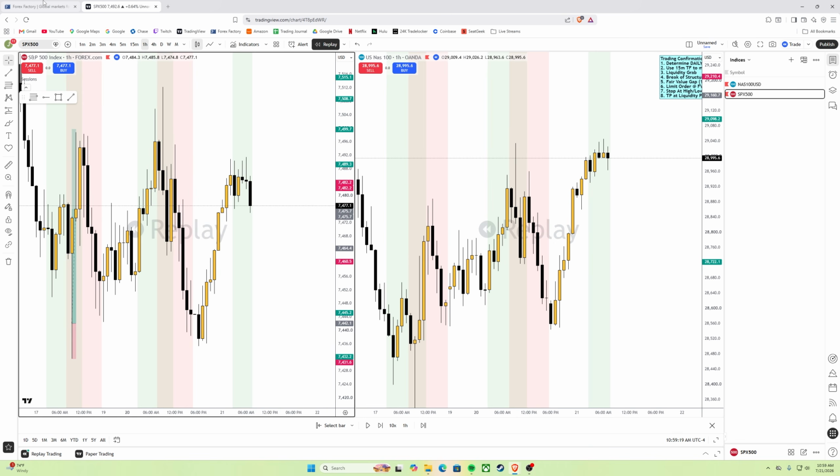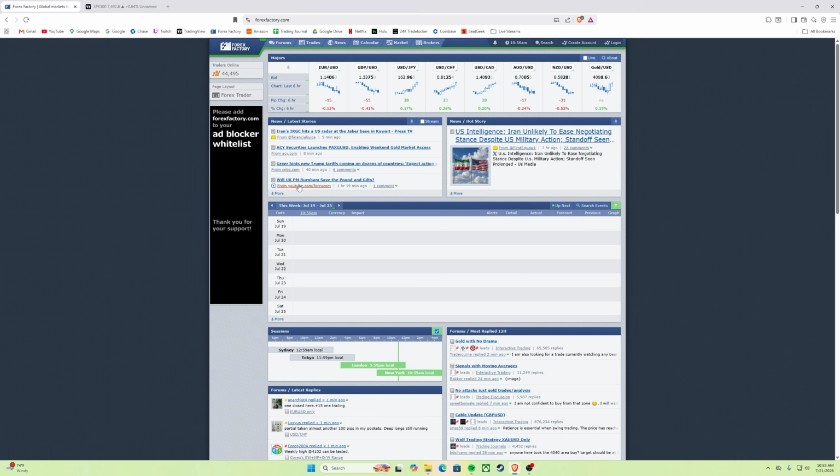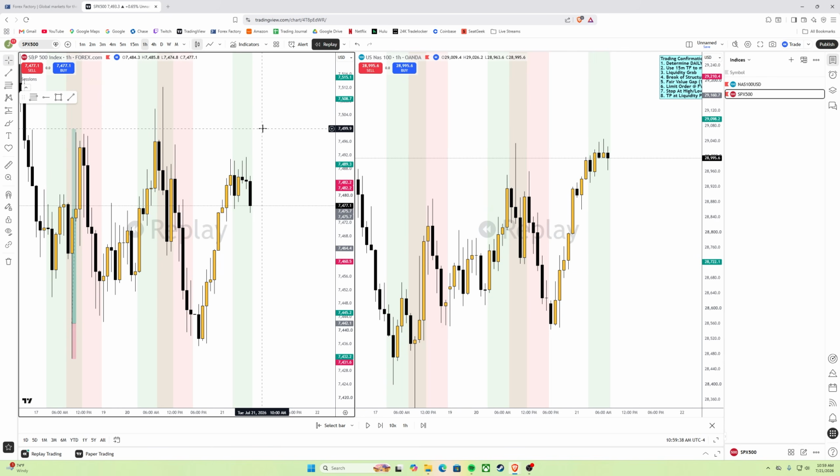So jumping right in like we always do, we go into Forex Factory, and as you can see, the entire week is completely empty, which means there are no major news events we're going to have to worry about. We just finished the session for Tuesday, so I'll be behind the charts for the rest of the week, for Wednesday, Thursday, Friday. So now jumping to the charts,